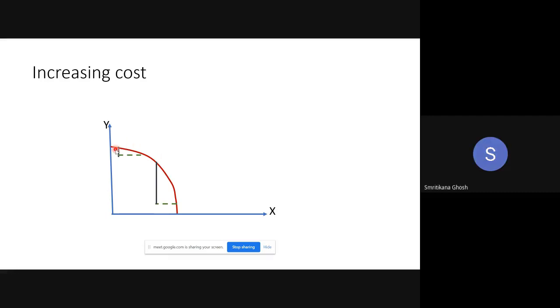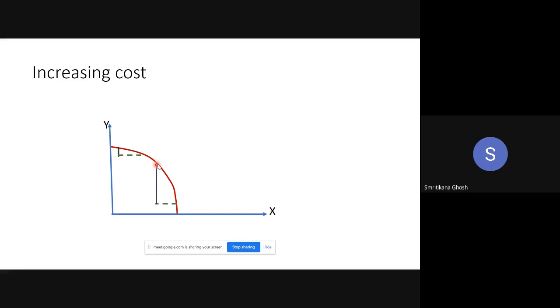Yes, I'm telling that when the producer is moving from this point to this point, he's trying to produce more of X. How to produce? Because he doesn't have any excess resource, he has to reduce Y production so that he will get some input and employ that input to increase X production. The question is, who are leaving that Y production? The inputs who are not so productive for Y production are leaving at this stage. They are leaving Y production and coming to the X sector to produce X. That is why the reduction in Y is this much.